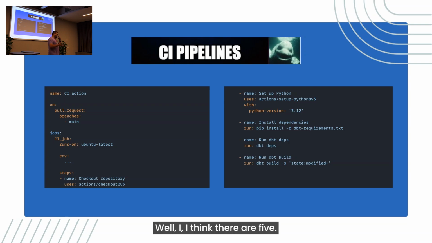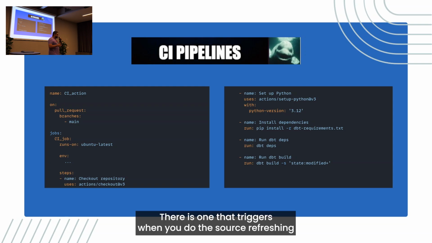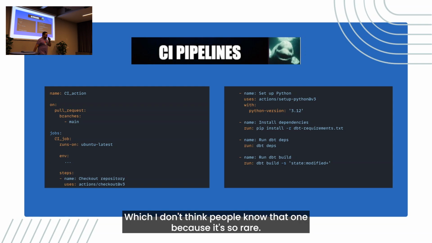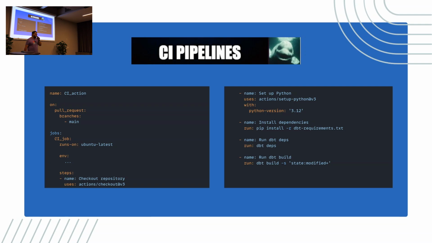Yeah, well, I think there are 5. There is one that triggers when you do the source refreshing, which I don't think people know, because it's so rare. But yes,